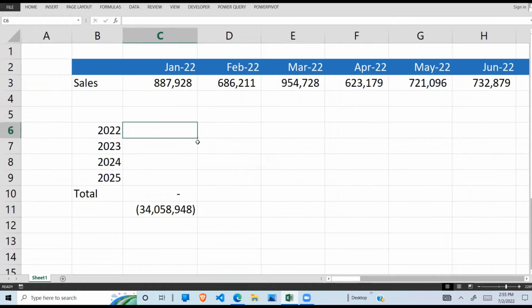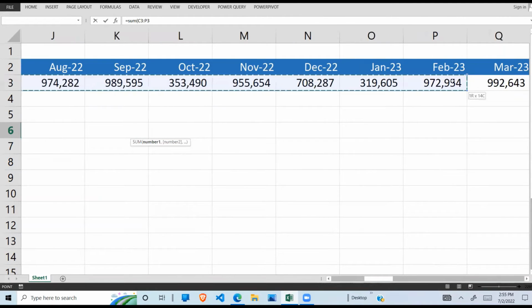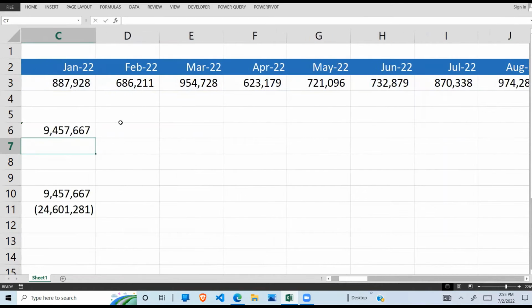Now, one way of doing it, a bit inefficient, is to come and say sum 2022. Then you pick where 2022 starts up to December 2022, close brackets, and do so.